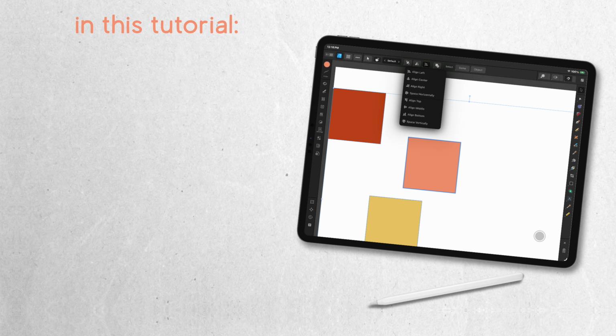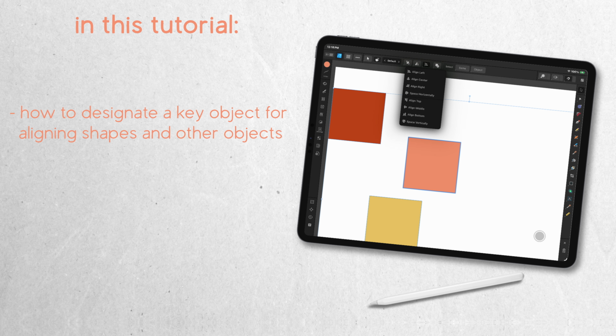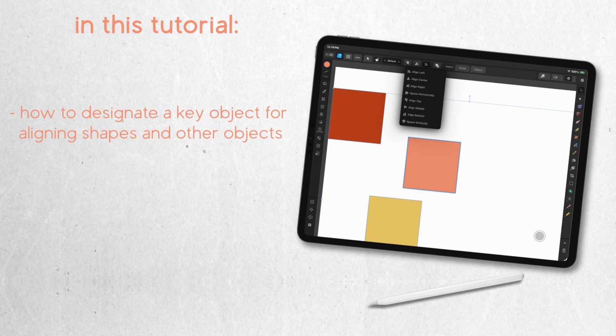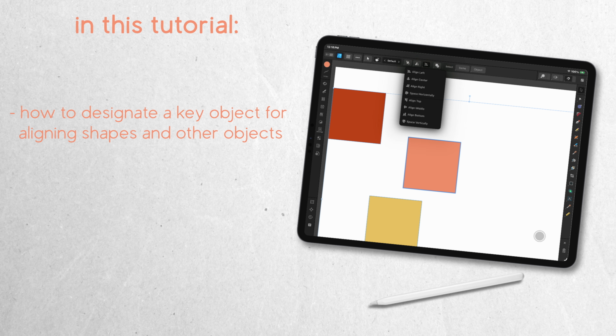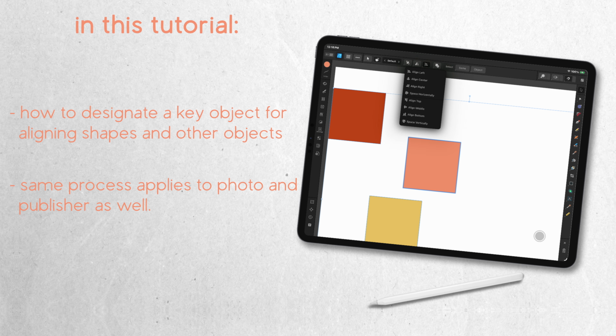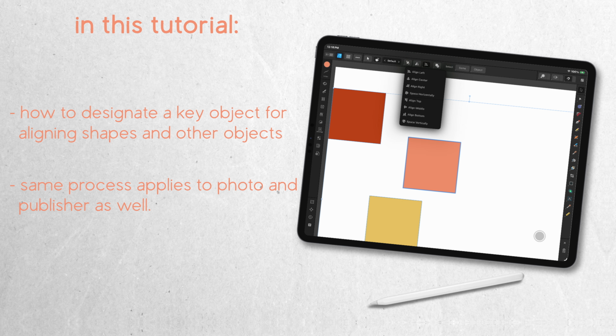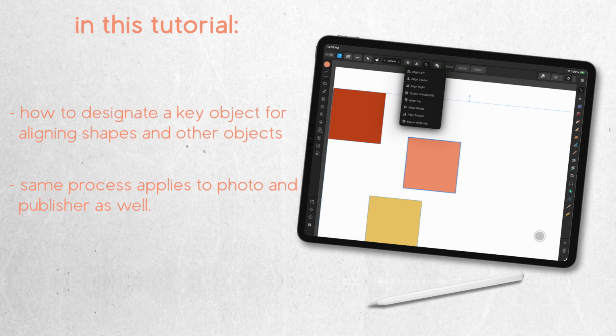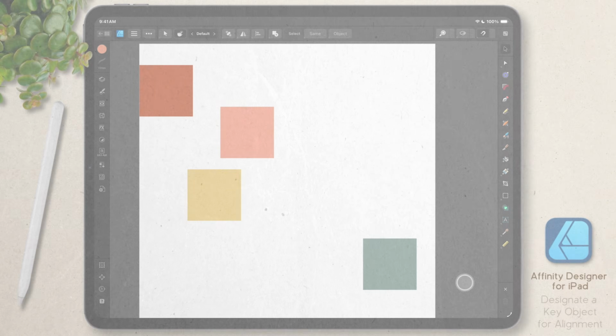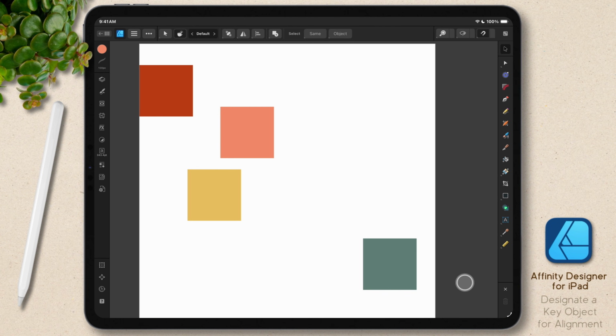Everyone, in this quick tip tutorial, I'm going to show you how to quickly designate a key object when aligning shapes and other objects in Affinity Designer for iPad. Now, while I am using Designer here, the same process applies to both Photo and Publisher for iPad as well. Let's get started. So I have 4 shapes here and they're spread all over my canvas, and I want to